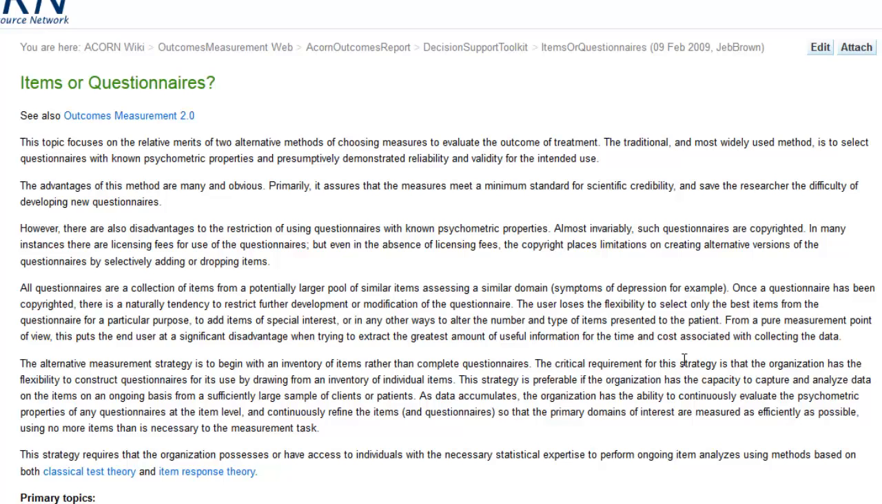They're also good if you're an organization without access to a lot of data. You can't validate questionnaires on your own or test the psychometric properties. But the trade-off is a loss of flexibility. So one of the purposes of creating the ACORN questionnaires and the ACORN item inventory is that we wanted to